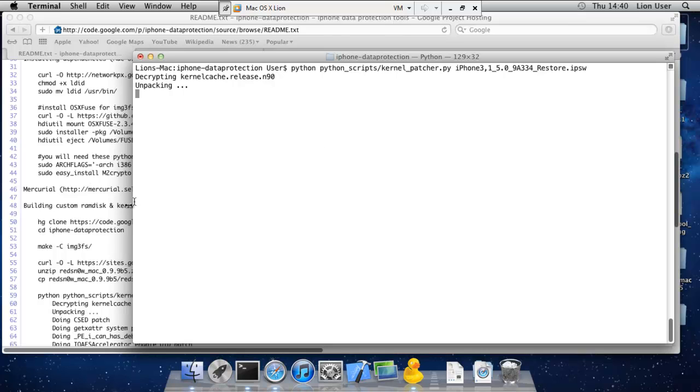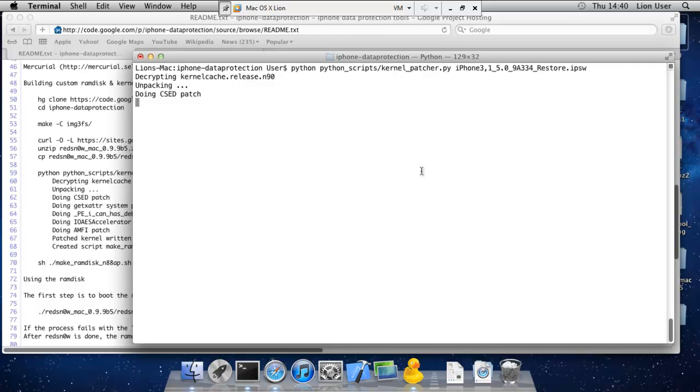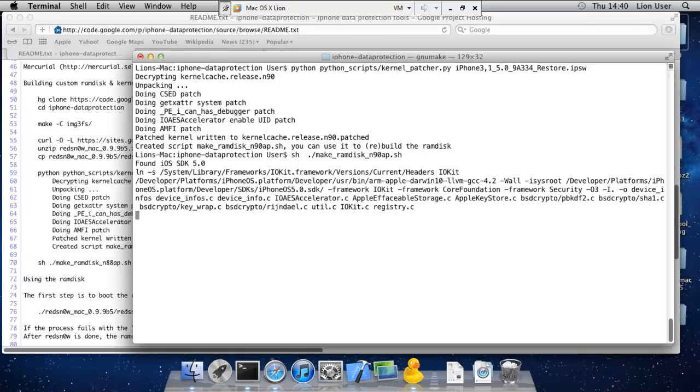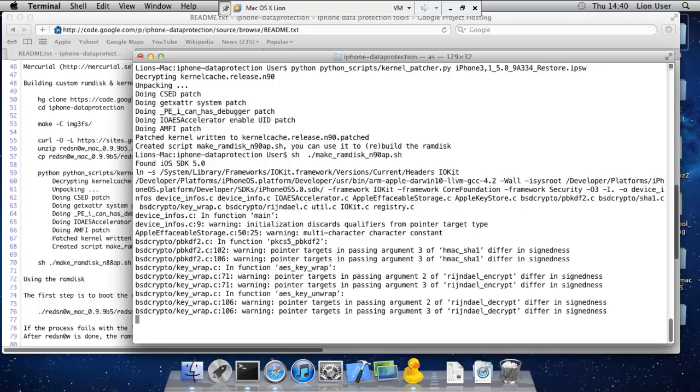To do that, first it is going to extract the kernel from the original iOS file. As the kernel is encrypted, the required encryption keys are grabbed from keys.plist, which we have already placed in the iPhone data protection folder. Later it is going to use the image3fs code, which we have compiled earlier, to decrypt it. Patching the kernel is basically binary editing.